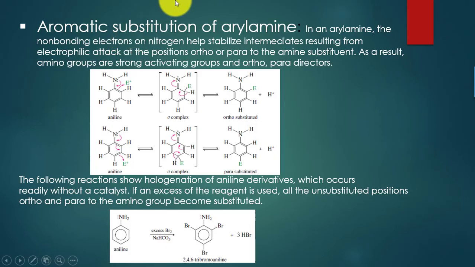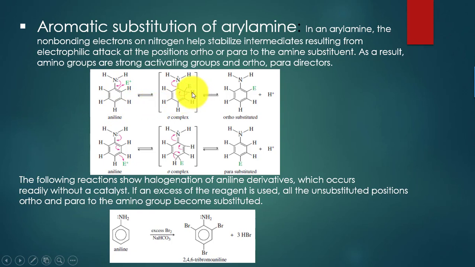So let's start with aromatic substitution of aryl amines. When an amine is attached to the aromatic ring, it is called an aryl amine. The amine group, when attached to the aromatic ring, is a ring activating group and prefers the attachment of the next electrophile at either the ortho or para position,